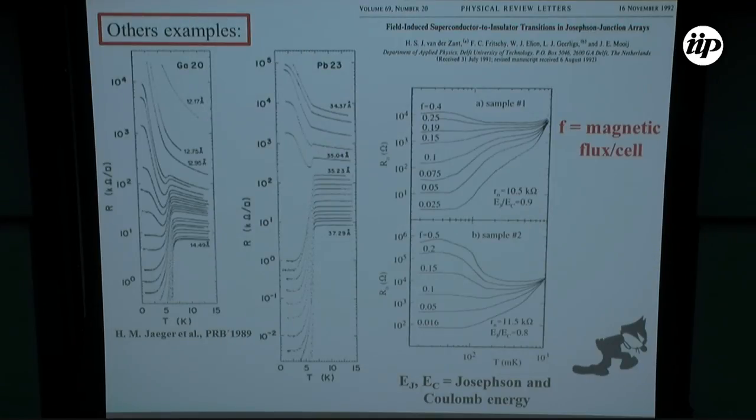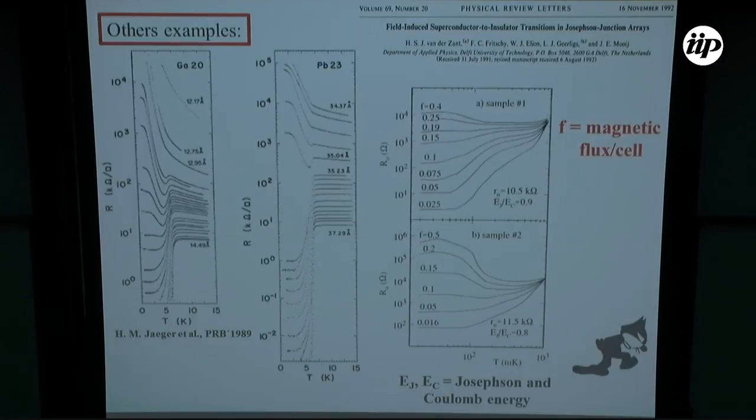The question often arises: how often is this behavior seen? Many results show only the high temperature part of the measured curves. But if you look at more results measured at low enough temperatures, even in the strongly insulating regime, this is a transition for gallium film as a function of thickness, which you can translate into a function of quench disorder. You see the tendency of saturation at low temperatures, also in lead films, and